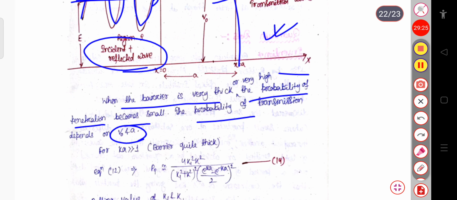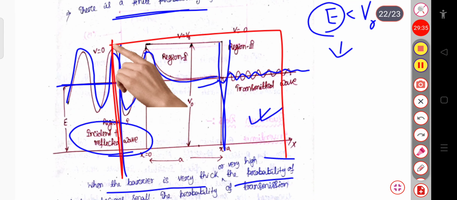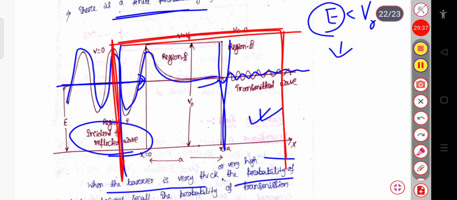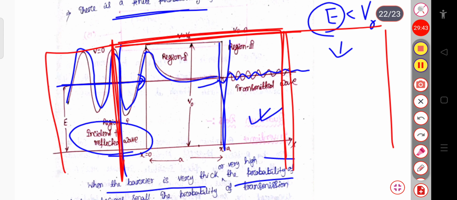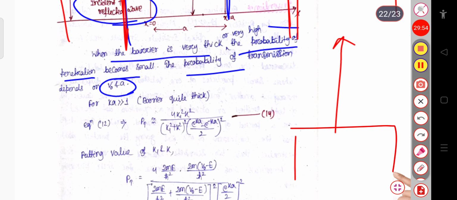If I consider this potential barrier, let me just change the color, this is your rectangular potential barrier. If this rectangular potential barrier is very thick or very large, then the probability of transmission may be less. If the potential is very high, or the barrier is very thick, in these two cases the probability of transmission may be less,